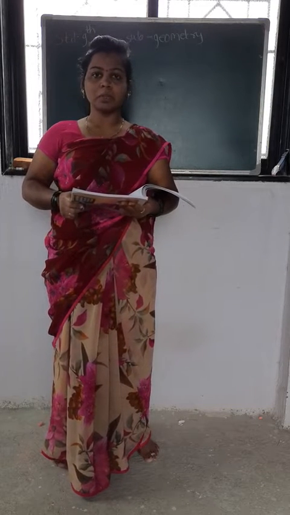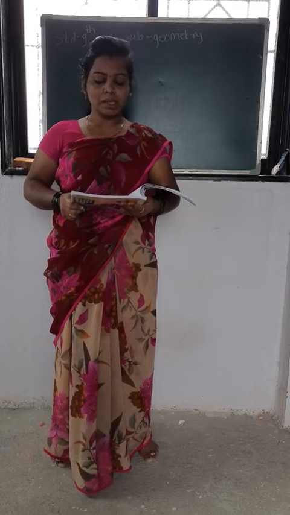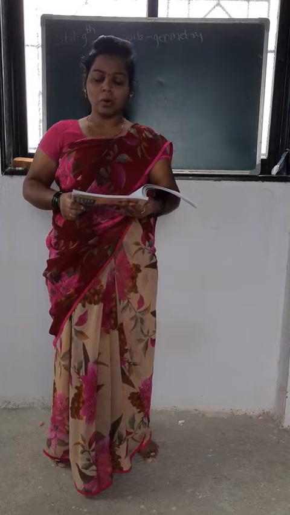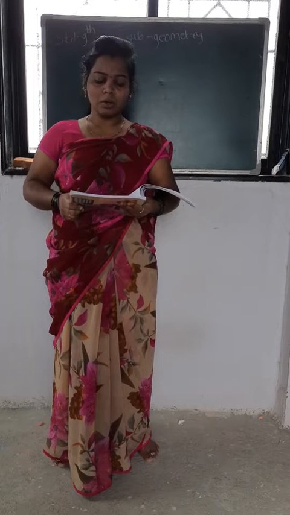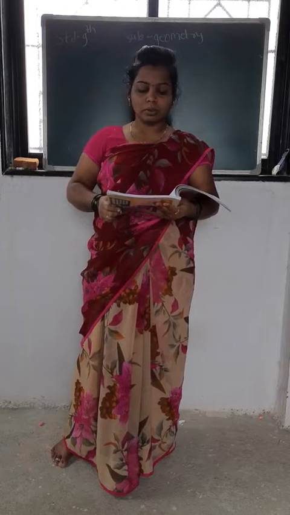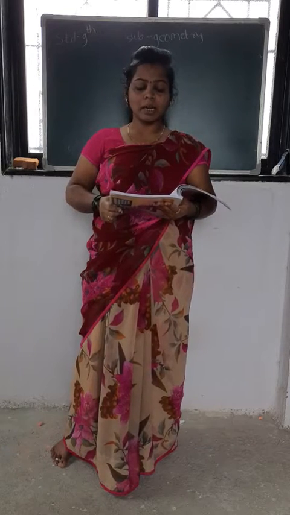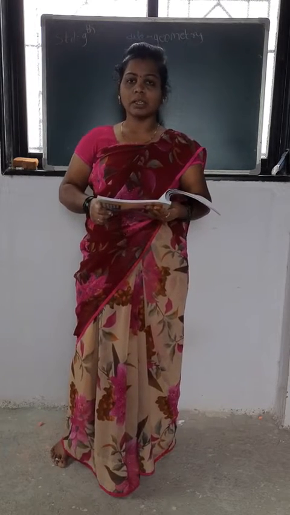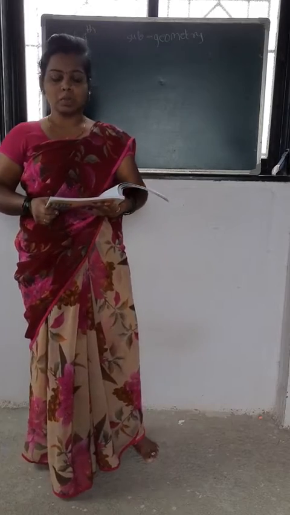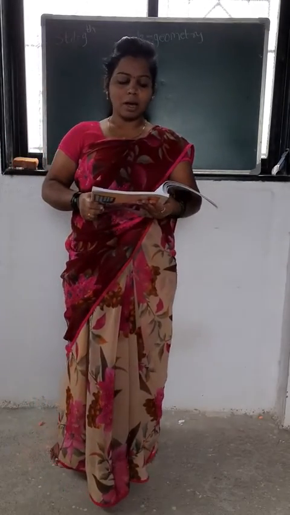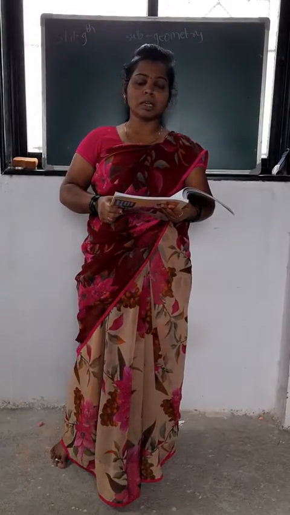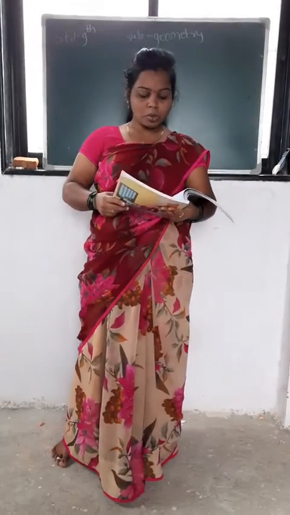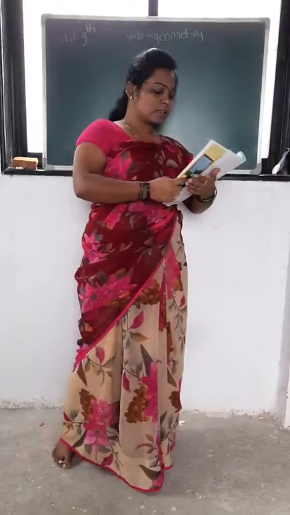The statement of the theorem is: if two sides of a triangle are congruent, then the angles opposite to them are congruent. We have learned this in the last period. Then the converse of the isosceles triangle theorem is